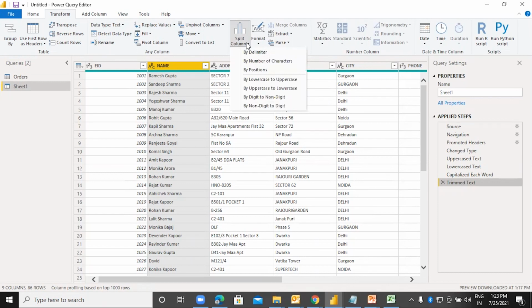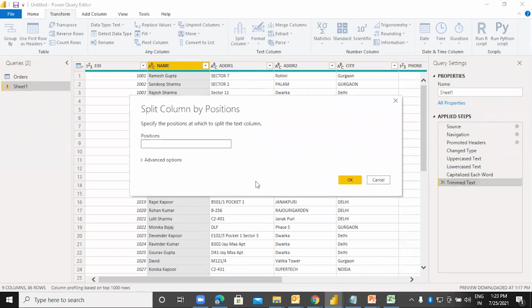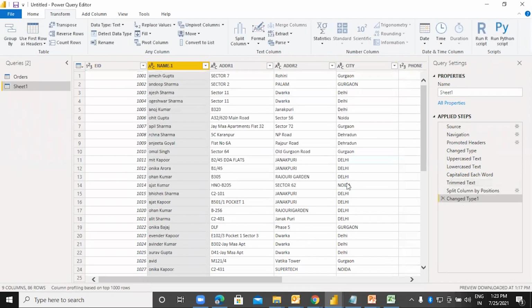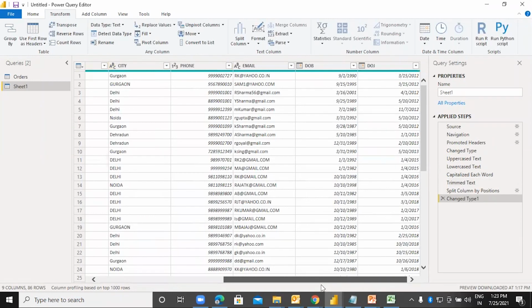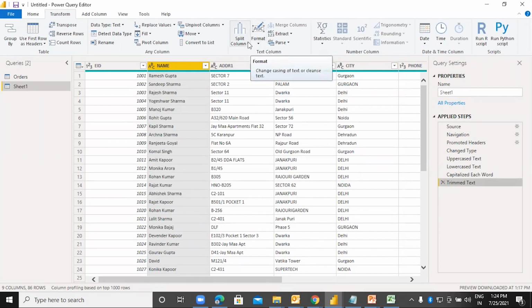I can again go to the split column, number of characters by position. If you wanted to make it by position, see, where is the R gone? The first position R has been named 1. Where is the other one gone? Oh, I will remove this. Okay, so it has split, meaning it has removed the first part of this by position. The first character has been removed.